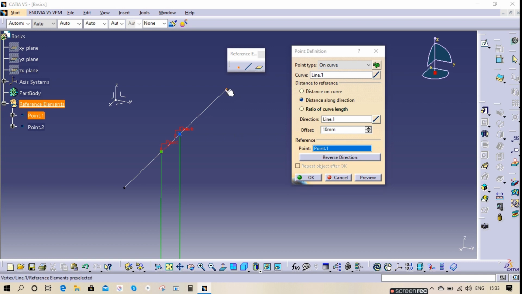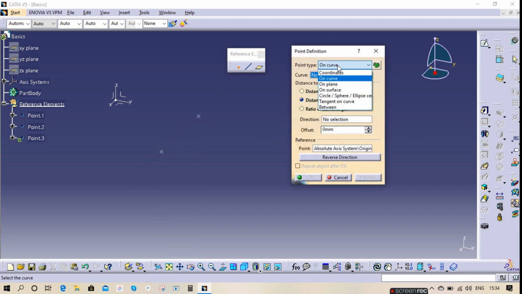If I choose this vertex, it will not work. I want to choose only points here. From this point I can take 10 on this side, or I can reverse it. If I reverse, it will flip, taking this point as the main point and going in the other direction. So these are all the options in on curve, which is very important.